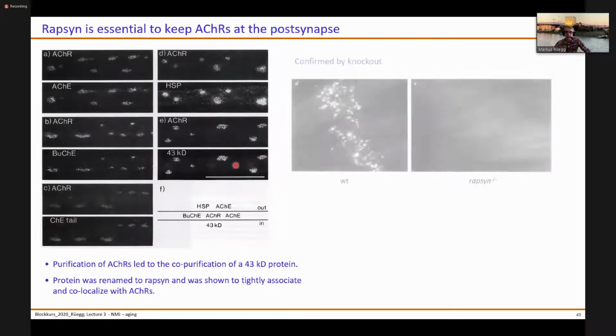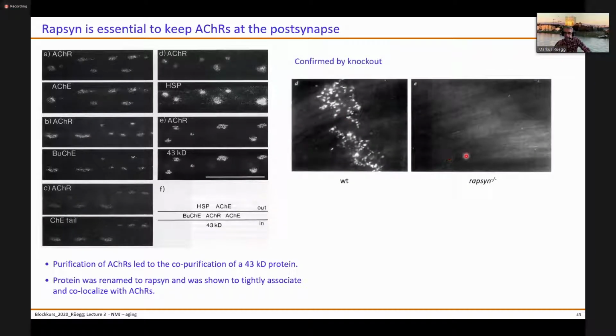And indeed, when you knock out rapsyn, these were really among the first knockouts done. That was in the beginning of the middle of the 90s. You see here that in the rapsyn knockout, these acetylcholine receptors, now this is a whole mount on the muscle where you stain for acetylcholine receptors, and you see here that in these rapsyn knockouts the acetylcholine receptor clusters are completely gone. These mice also eventually die after birth because they cannot really breathe,